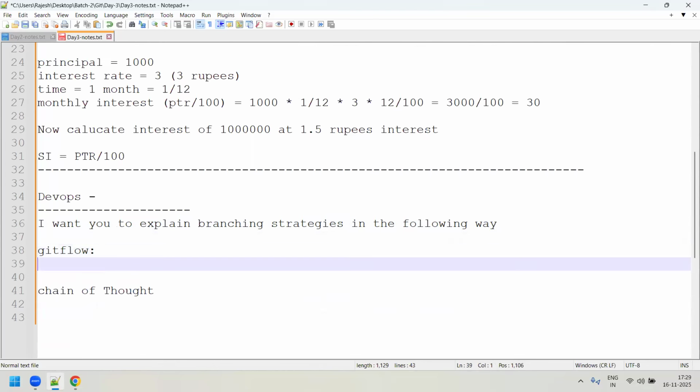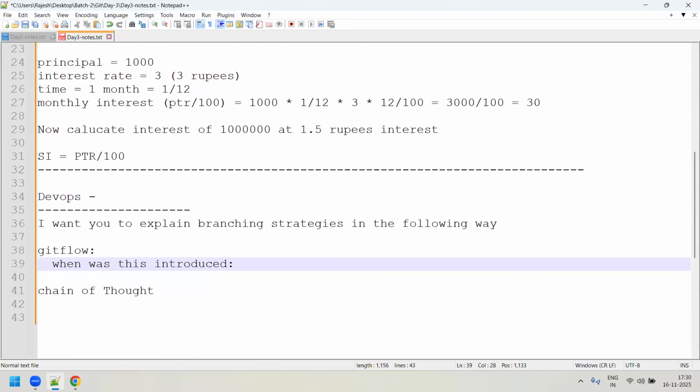Say, for example, I can just say when this was introduced. It means in which year this tool was introduced, or this tool came to the market. Since I don't know about this Git Flow, guys, because I've never worked on it, I don't know when this came into the picture. I don't even know who actually designed this Git Flow.